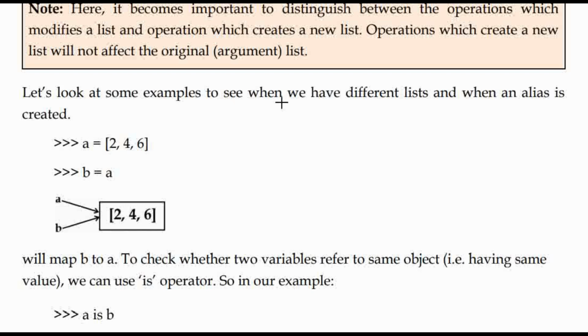So see, when we have different lists and when an alias is created, A is equal to [2, 4, 6], B is equal to A. A list is assigned to B. Both are referring to elements 2, 4, 6. To check whether two variables refer to the same object, that is having the same value, we can use the is operator. So in our example, A is B